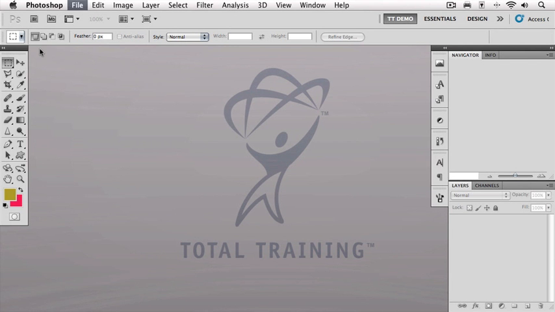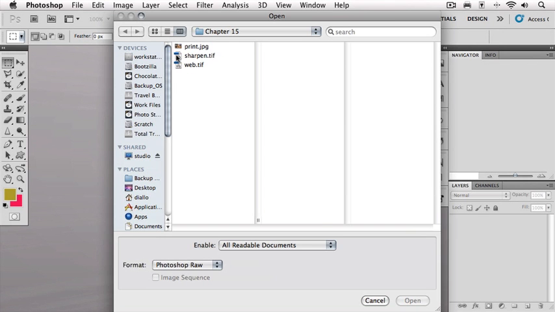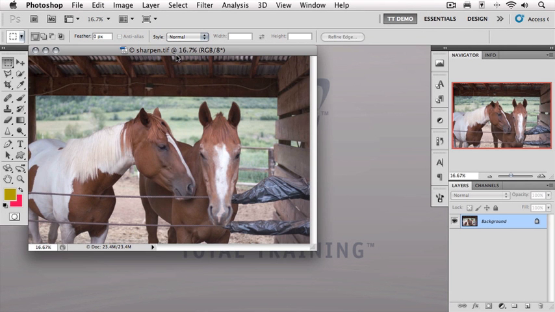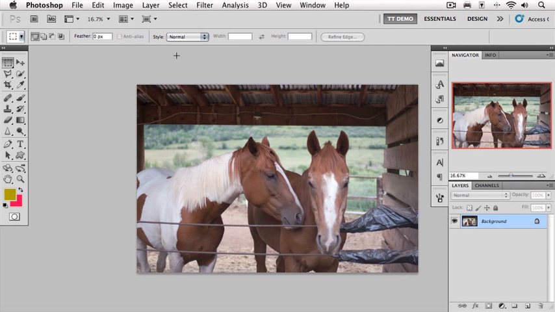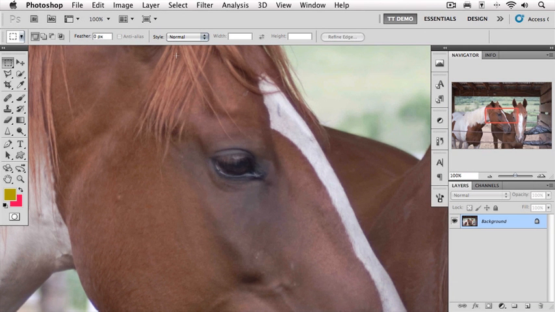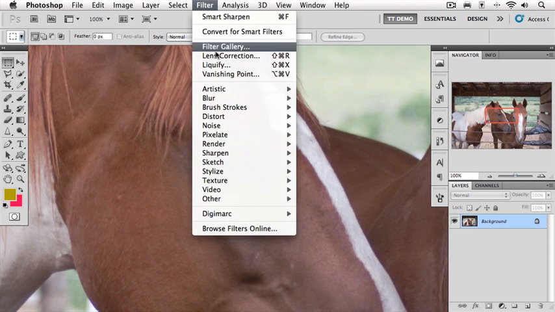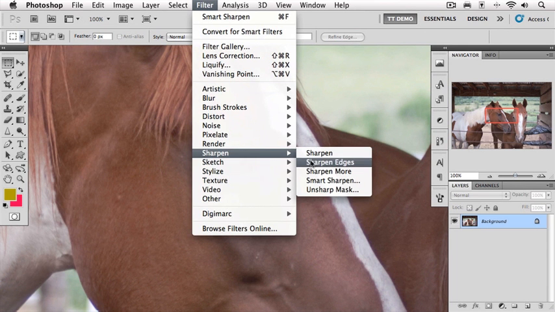Let's go to our Chapter 15 folder and open up the file Sharpen. I'm going to press the F key to take us into full screen mode with menu bar, and let's zoom in to 100%. That's Command 1 on the Mac, Control 1 on the PC. And to select our sharpening tool, we'll go to the Filter menu, down to Sharpen, and we're going to choose